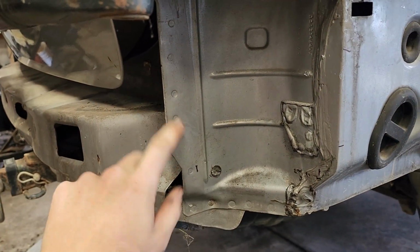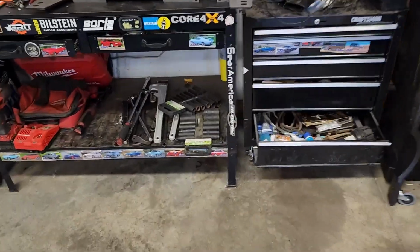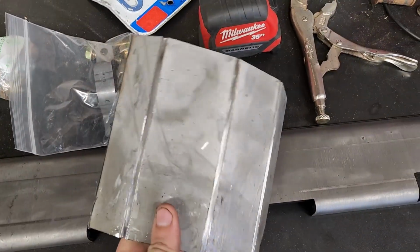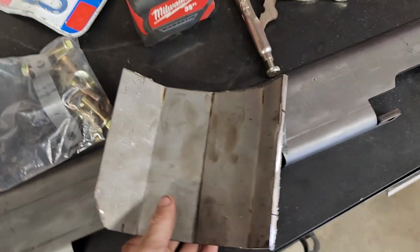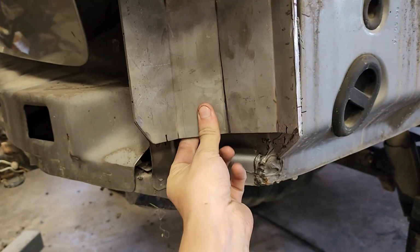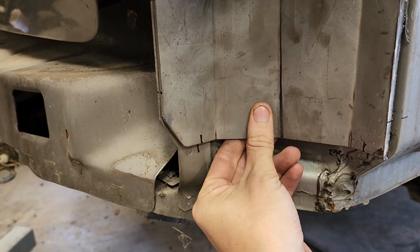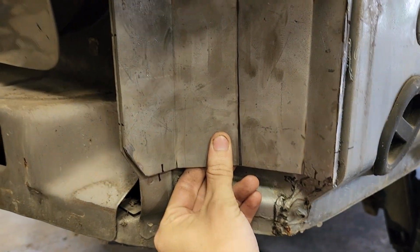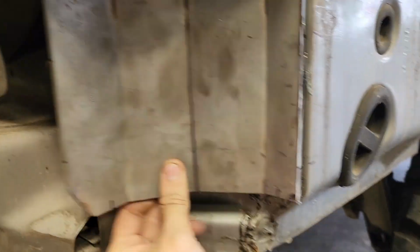The way I don't like what they did is they only put a bracket right here and a bracket right here with nothing in the middle. So what I'm going to do to start mine is I've got this piece that I've cut. You can see a bunch of slots cut in it so I could bend it. And this is all out of 3/16, which is standard thickness for bumpers, like off-road bumpers and stuff. So it ought to be good here. And you can see I've got this curved and fitted on that left side there to match this panel really well. So I'm going to weld this into its shape like this, and then